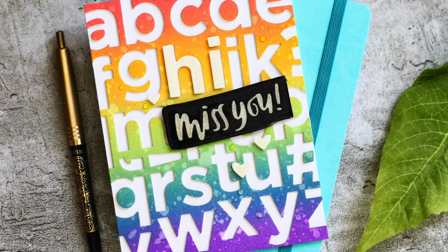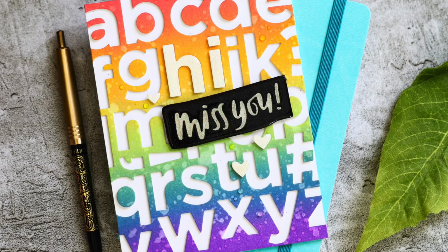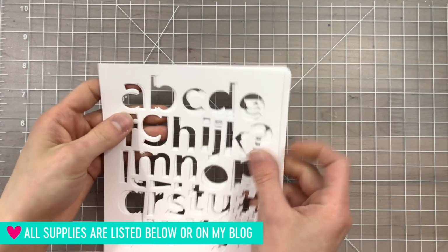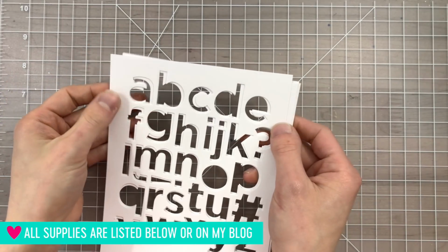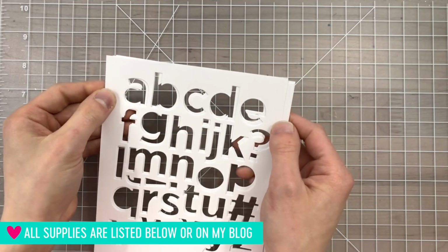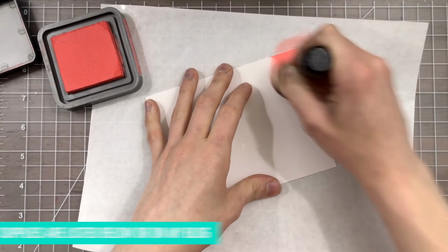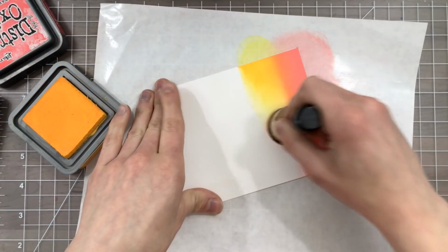Today I'm going to be using the EVERETT alphabet die set as a background to create a really fun background and also a hidden sentiment. So I've die cut that EVERETT alphabet many times from some white cardstock. I die cut it a total of 4 times, and I'm going to set those aside while I start ink